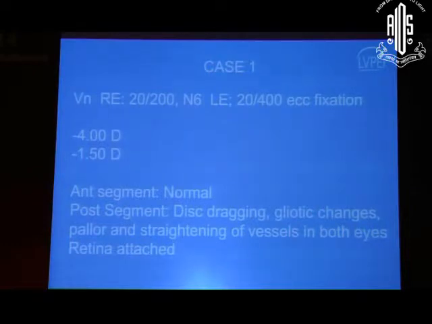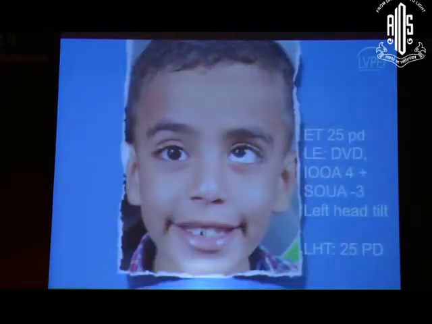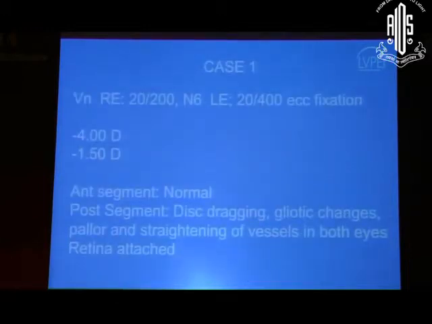Now, if you look at this patient, fundus shows disc dragging. Okay, just go back. The fundus shows disc dragging, dioptric changes, pallor, and straightening of the vessels in both eyes. Now, what would it give a clue? You have prematurity, you have disc dragging, what should it tell you? That is probably a neglected or not diagnosed or not looked for